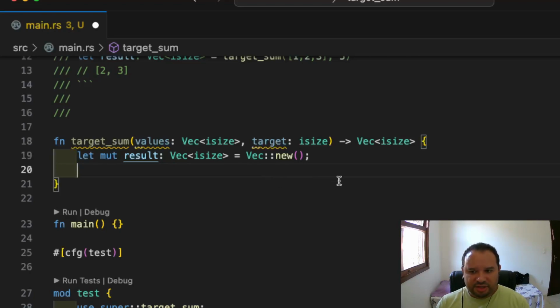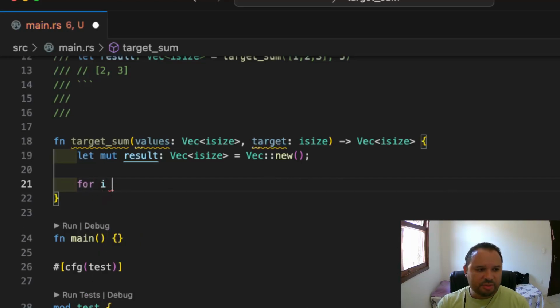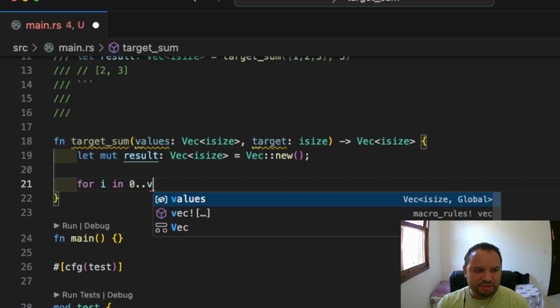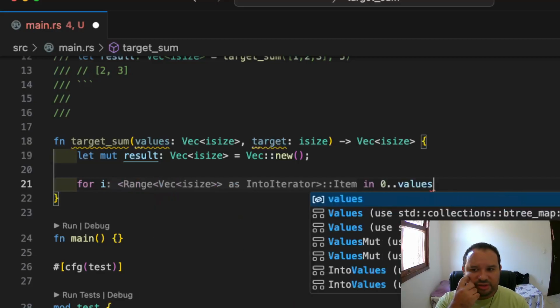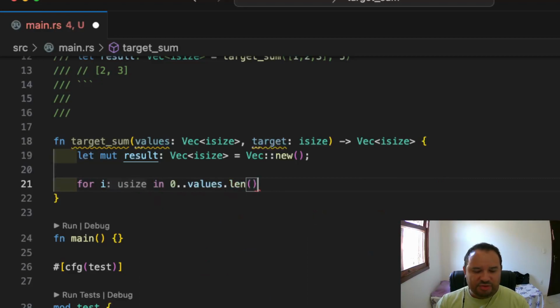So we can do that with a simple for loop from 0 to the values length as a range, minus 1 to remove the last one,